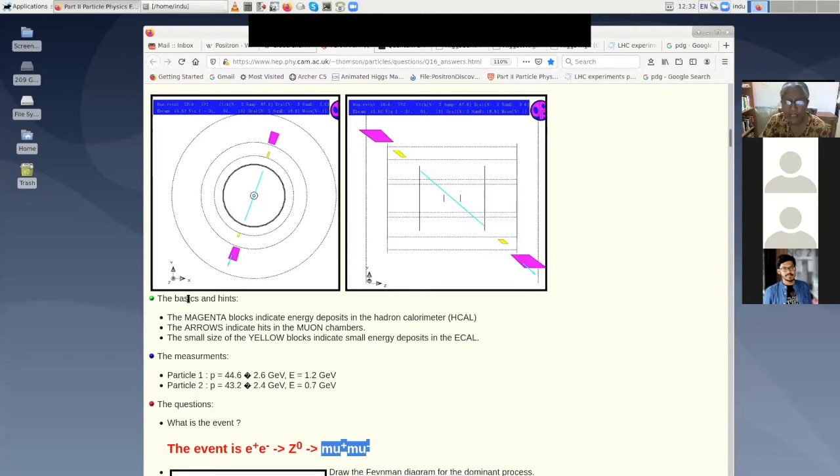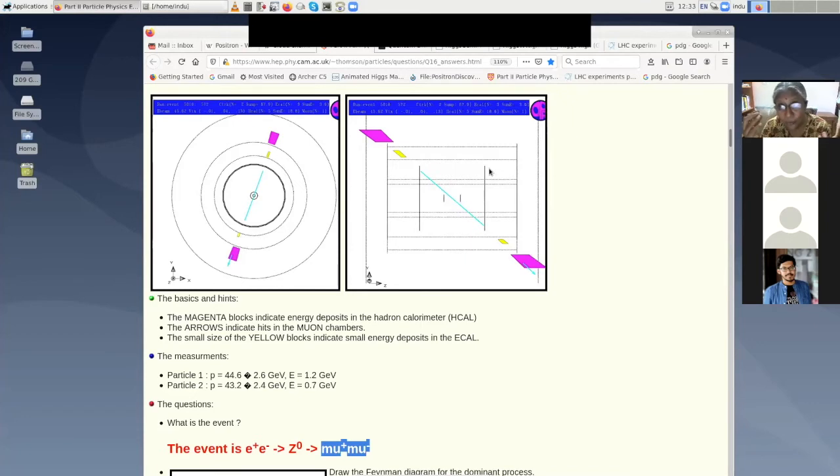I'm asking, suppose we are producing mu mu only. If you're producing mu mu, it has to be back to back because the initial state was back to back, right? In the center of momentum frame, right? How can it be otherwise? Then you won't have energy momentum conservation. No, ma'am, I understand it should be back to back. All I'm saying is, can it be rotated? It can be in any direction. Yes, in this plane it could have been along this direction or along this direction. It can be in any direction, okay. Because the net momentum is zero in the initial state, the net momentum has to be zero in the final state.